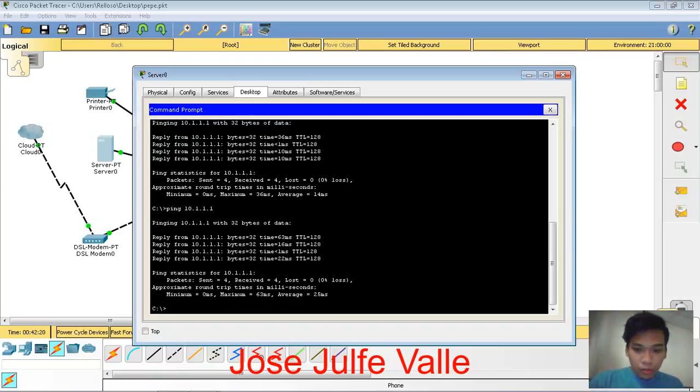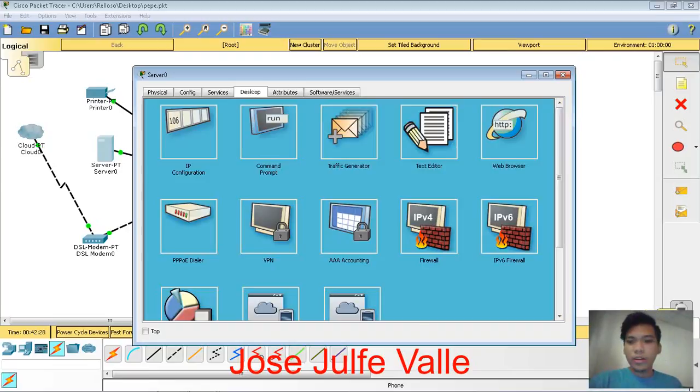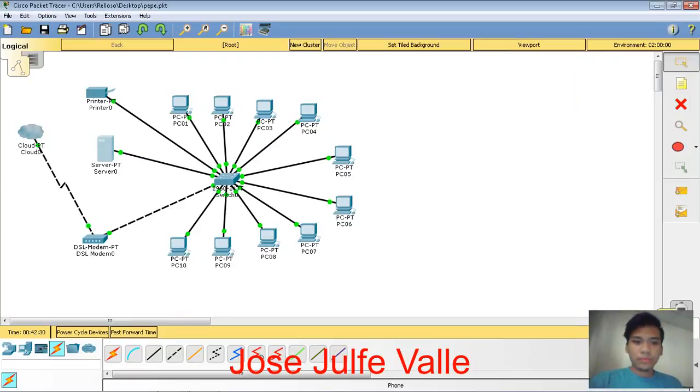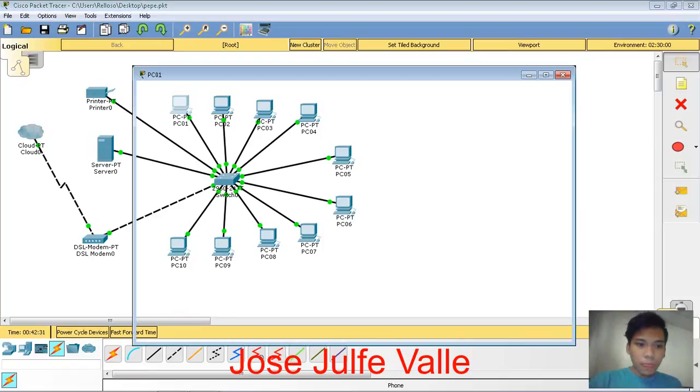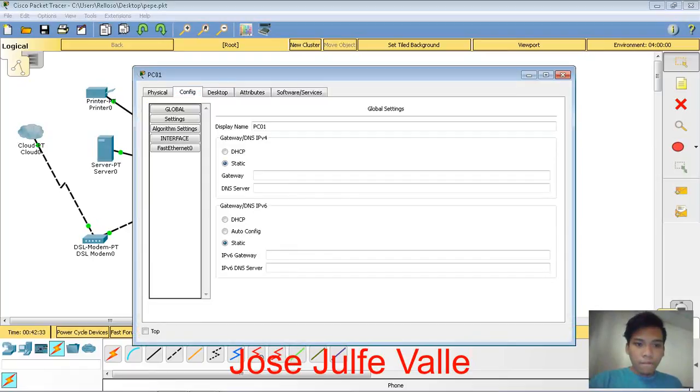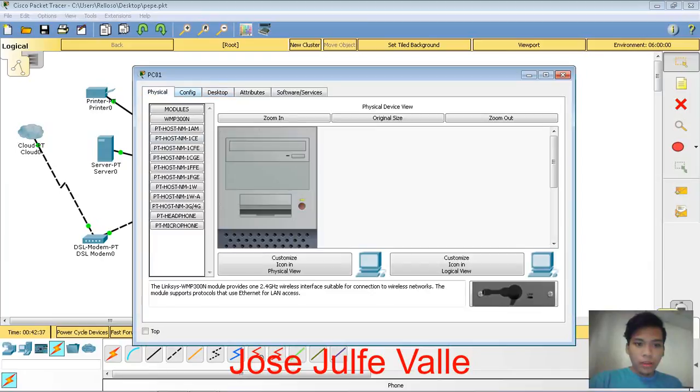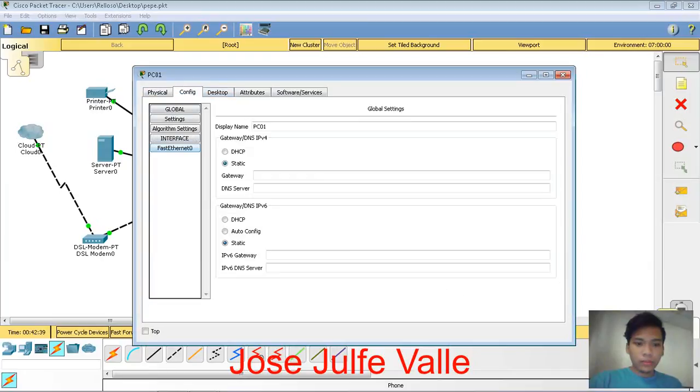Now I will check in the server if the PC is connected. I will ping the server. Yes.